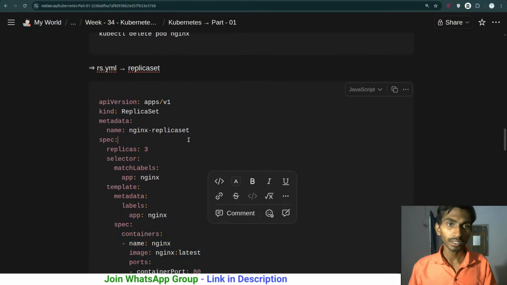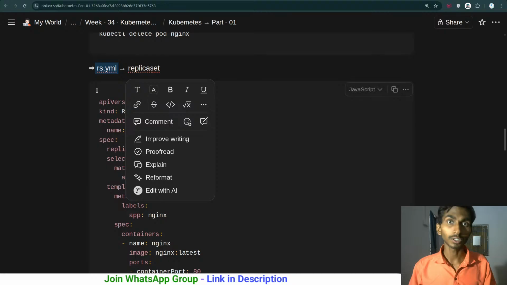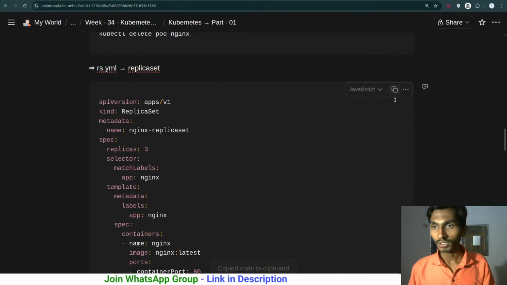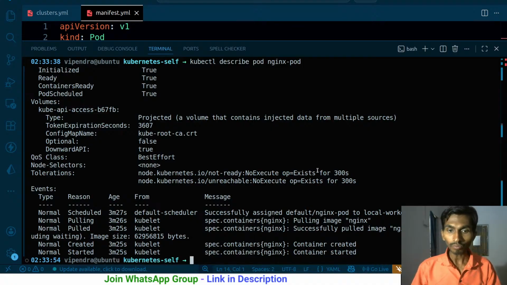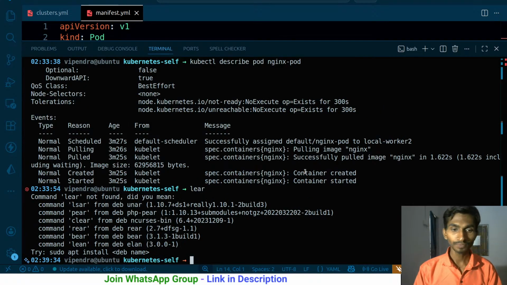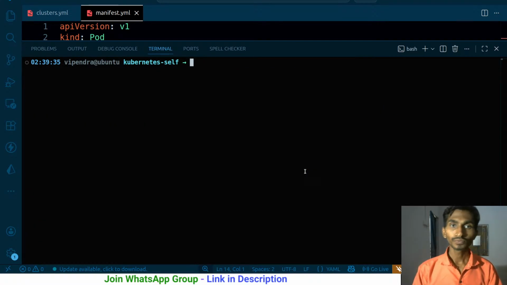So shall we copy it? Of course. And what is the name of the file? rs.yml. That is really important. So let's simply copy this thing from here. Once it is copied, let me go to the terminal. Let me clear the terminal, and vi